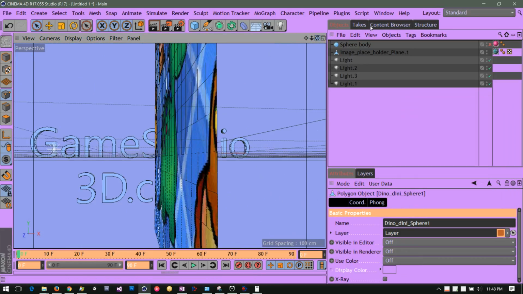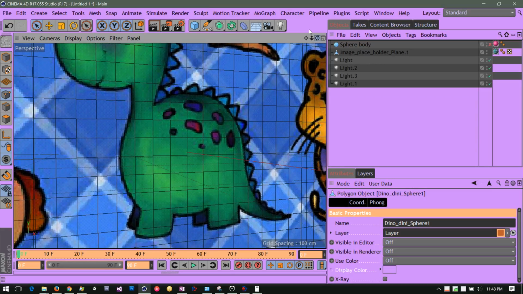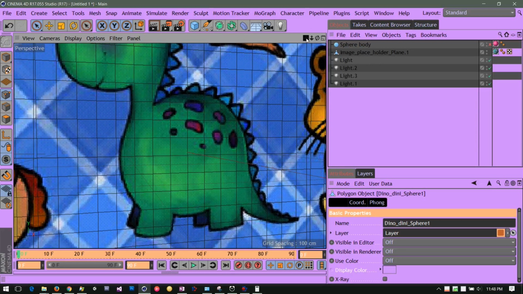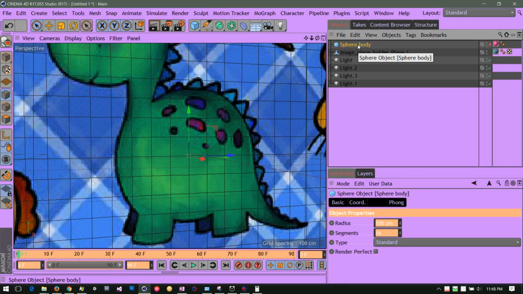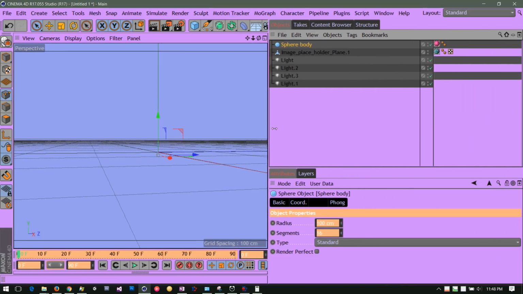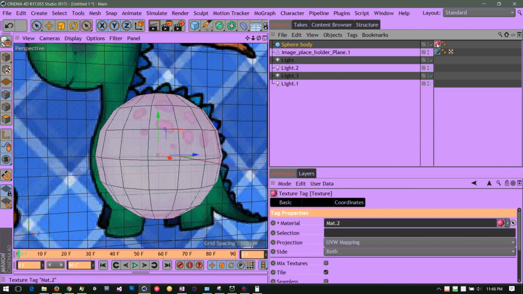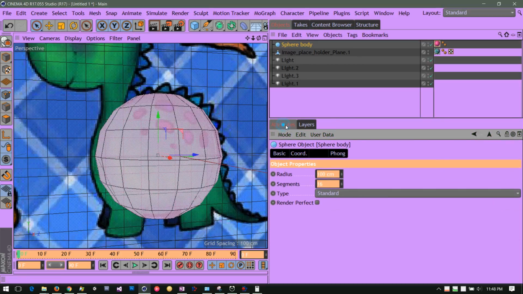Okay, here we are in GameStudio3D.com, and we're working to make this really cool 3D model. And I'm going back to the new sphere that we just made and turn it back on and show you that we just pulled this other texture on here, and that we selected the sphere in the object menu and in the attributes